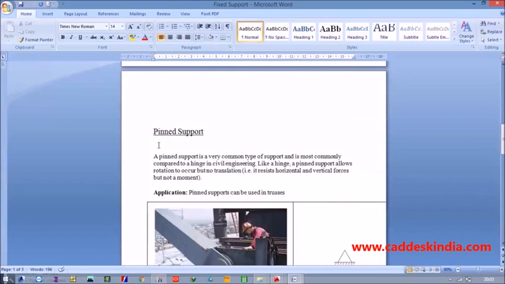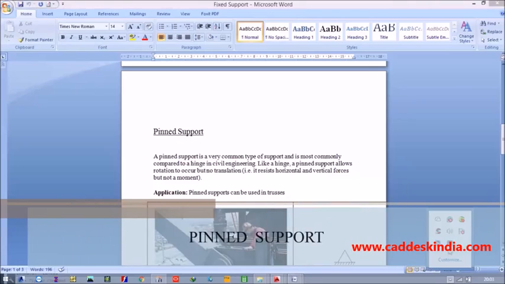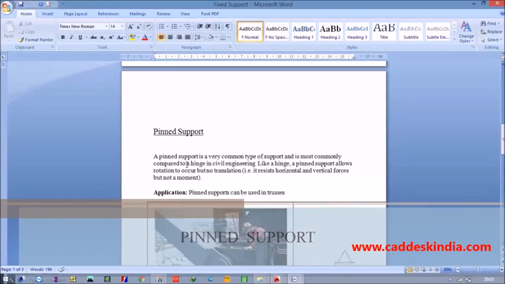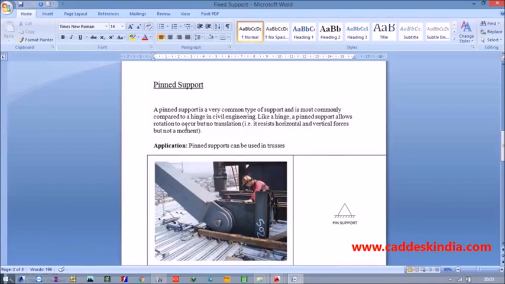The second one is the pin support. A pin support is a very common type of support and it is most commonly compared to a hinge in civil engineering. Like a hinge, a pin support allows rotation to occur but no translations. It means when we are applying a force on a beam, suppose